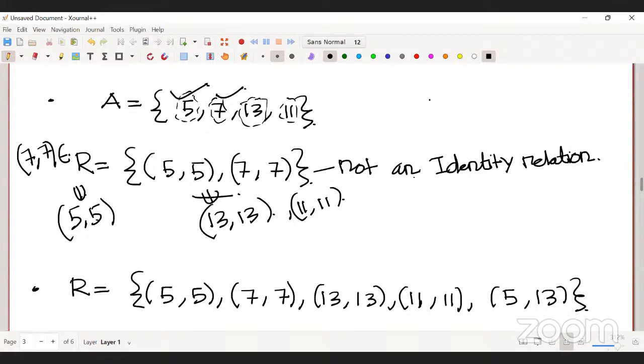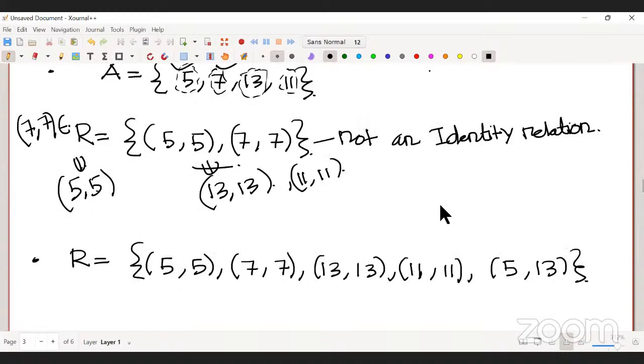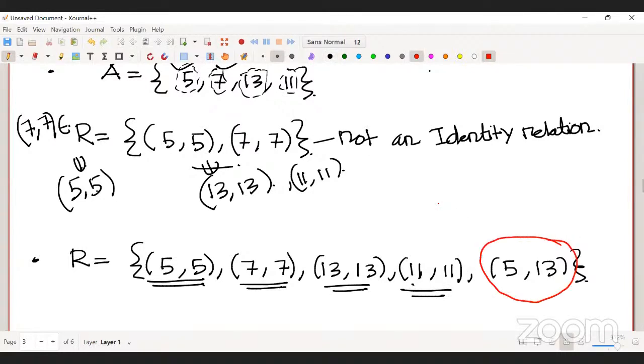No, sir. Because you have all the diagonal elements, okay, but apart from the diagonal, some extra element is present. We don't want this kind of element in our identity relation. An identity relation should only contain all the diagonal elements. But here, apart from the diagonal elements, you have one more extra element. So we don't want this one here. That's why R is not an